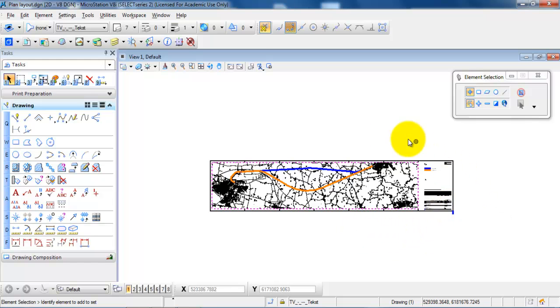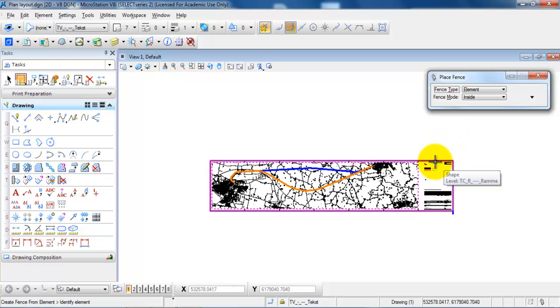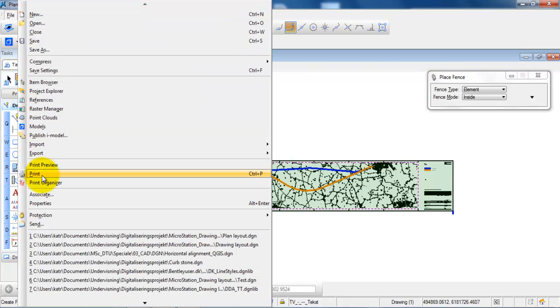So first we will select everything that should be printed, and for this we need to use the frame. So we'll just click on Place Frame, and from the list we need to mark that it should be placed along an element, and then you just click on the frame. When we go to File and select Print,